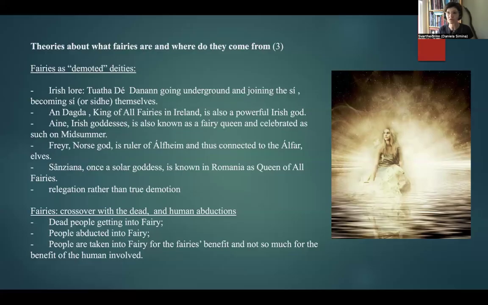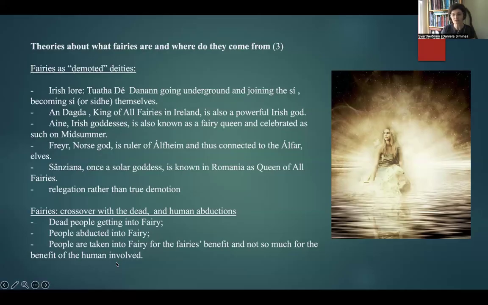So there are stories of women, midwives being taken into fairy to assist fairy women to give birth. It looks like the birth rate among fairies is extremely low, and for some reason they need human help and qualified midwives to deliver fairy babies and care for them, at least in the beginning. Midwives are oftentimes very well paid, compensated for the service provided. Sometimes the stories don't end up so well for the midwife involved.